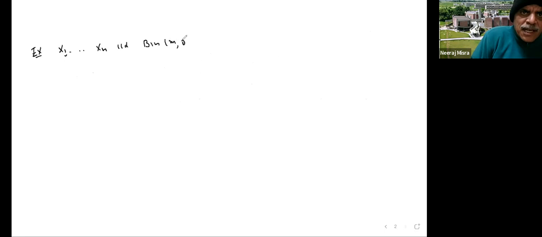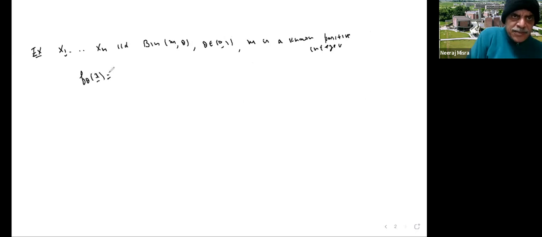Now I can look at the binomial example. Suppose x1, x2, ..., xn are IID Binomial(m, θ). θ is between 0 and 1. m is a known positive integer. m is known to you. So when I look at